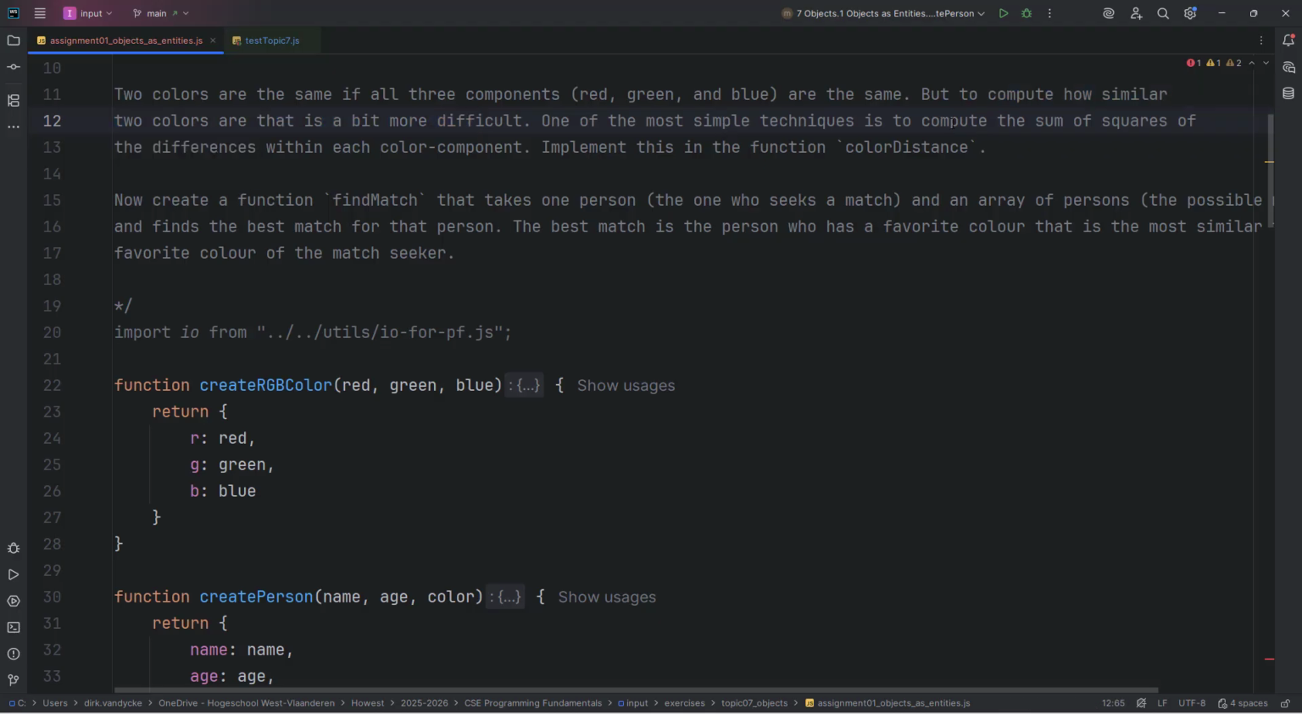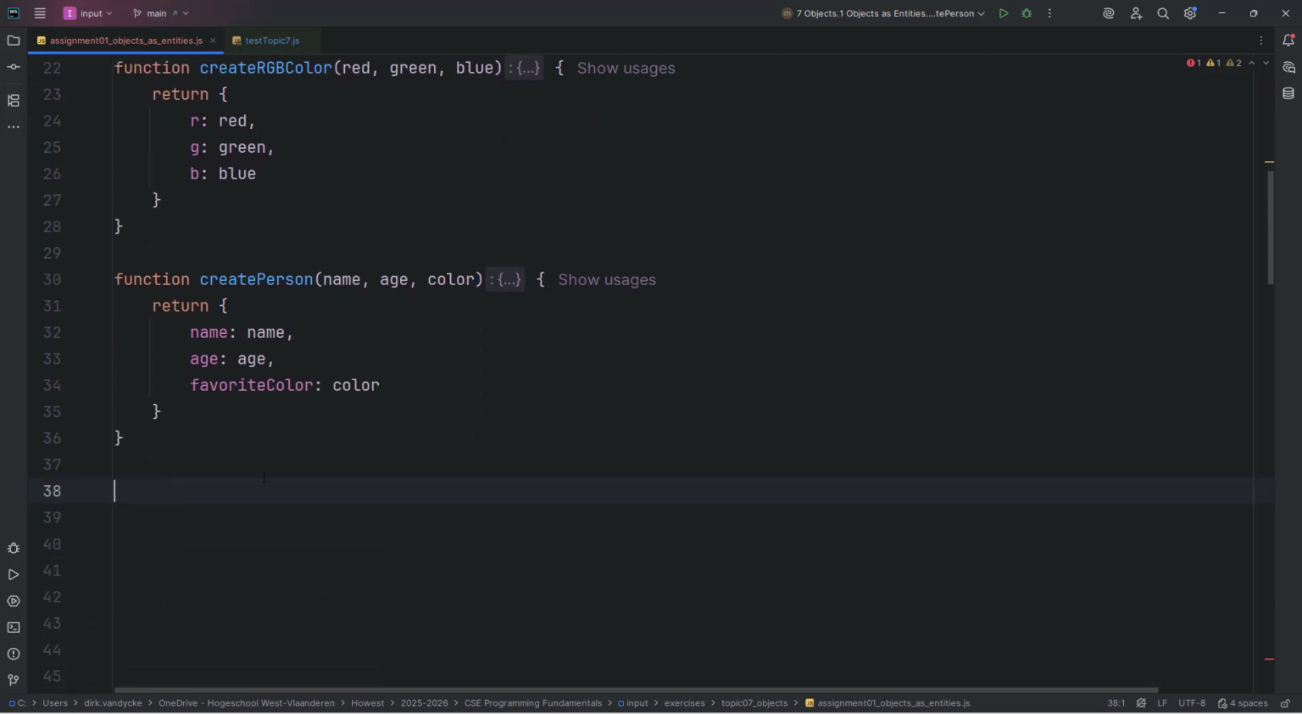We can do this with just the sum of the squares of the differences within each color component, and then you might as well take the square root of this, but we don't have to. So let's see what we can come up with. I need the color distance between two colors. So I'm going to call them color 1 and color 2. And then I need to return